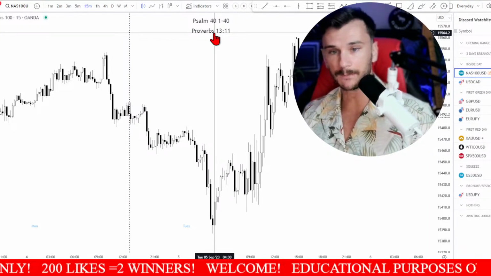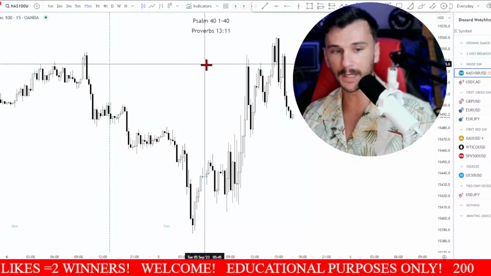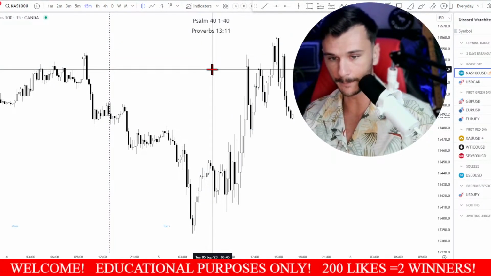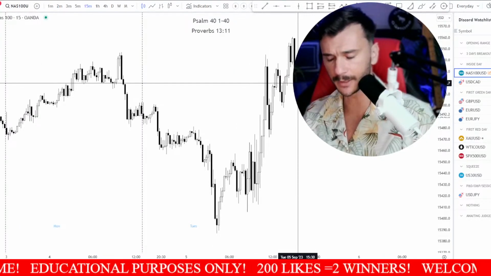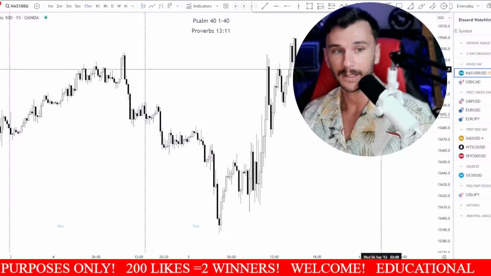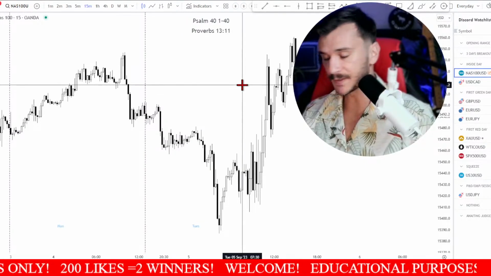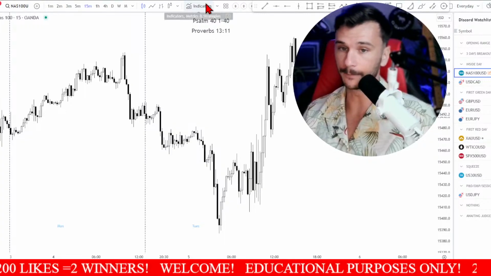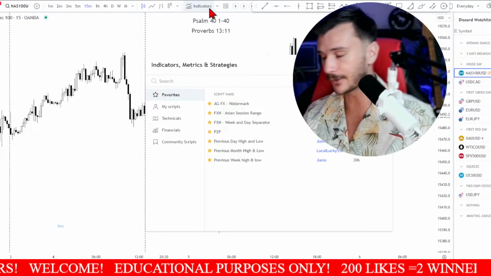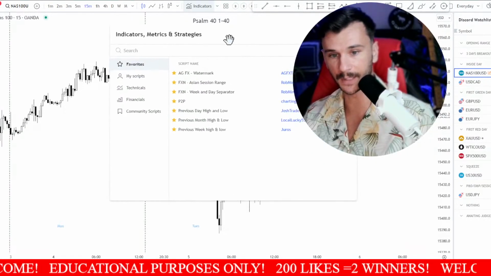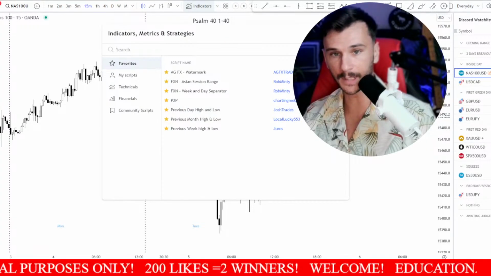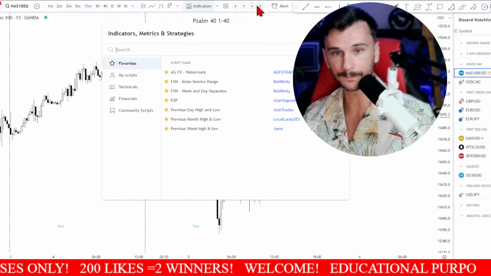So that being said, my piece of value for you all today, I try to do some kind of value every single live stream. I want to show you all something. First things first, the indicator. I have so many questions every single day about what indicators I use. This is all the indicators that I use right here. Pips of profit is the main one that I use. It's up here. I've got it all set up.